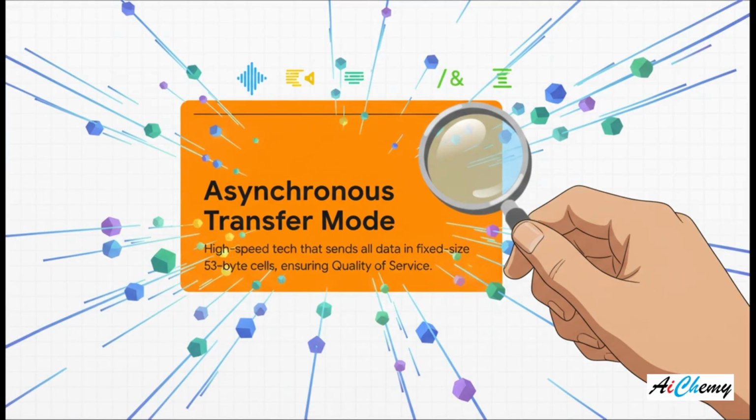And then there was ATM, or Asynchronous Transfer Mode. And this thing was a completely different beast. You see, while other technologies sent data in packets of all different sizes, ATM did something radical. It chopped up everything, voice, video, you name it, into these tiny identical 53-byte packages called cells. Why? Because when every piece of data is the exact same size, you can manage the flow with incredible precision. This was perfect for handling things like voice and video without them getting all choppy.